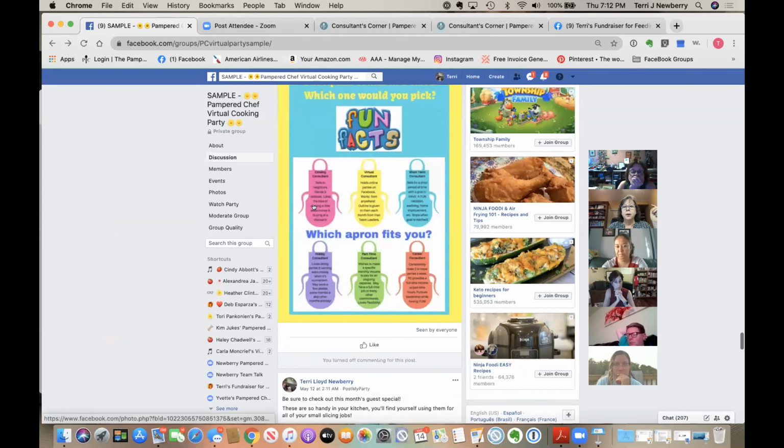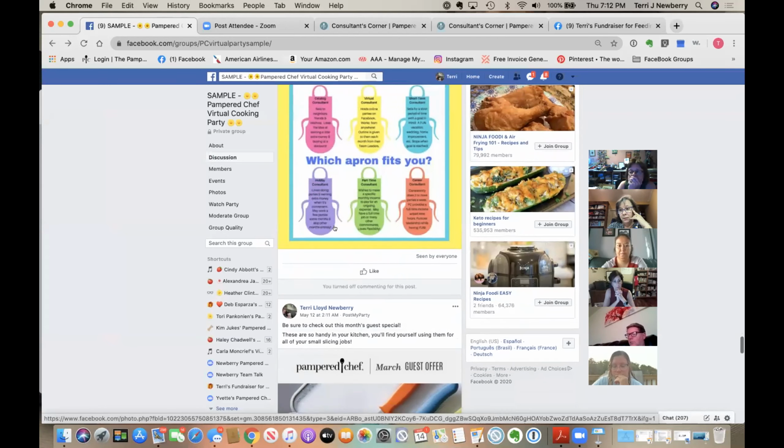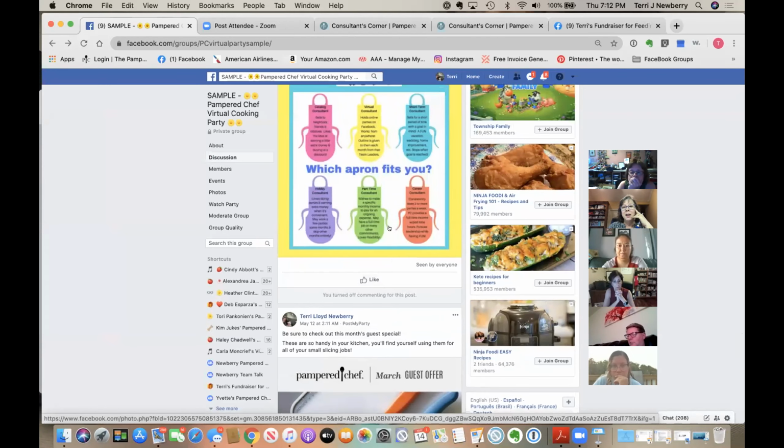The important thing though is that you comment to them privately. So you might comment on here and say, if they say, well, I could imagine being a virtual party host or consultant, then you can comment and say, it's really great because people are on their computers all the time and they order online all the time and it works out great. You don't try to convince them to do it in a public forum, just like you wouldn't at a party, you wouldn't at a live cooking show.